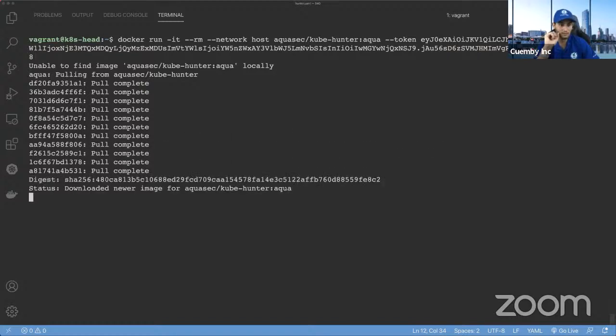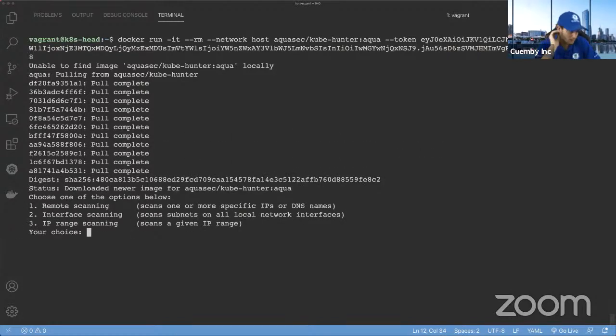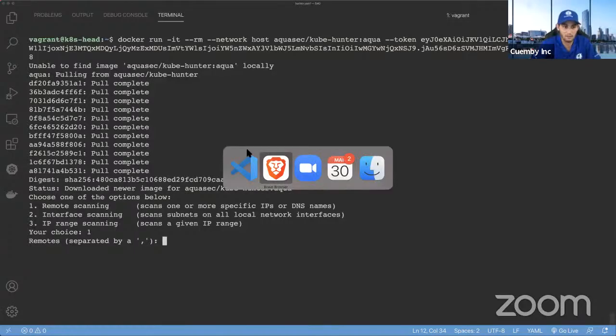All right, let's give it a second. Oh, okay, cool. It's asking me what I want to do: remote scanning of one or more specific IPs or DNS names, interface scanning, or a given IP range. It's got also nets, local interfaces. Let's do remote and see what's going on. Okay, what range should I use here?